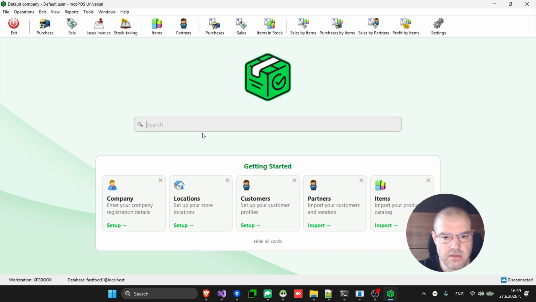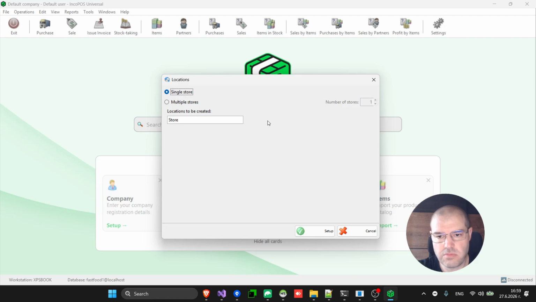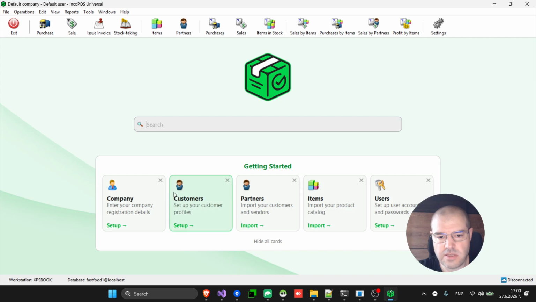Now you can see the setup cards here, which let you finish the customization of the system. For locations, usually you have one location. It's not like a restaurant where you have tables. So here the setup is simpler, and we can just select store and click setup, and this card will